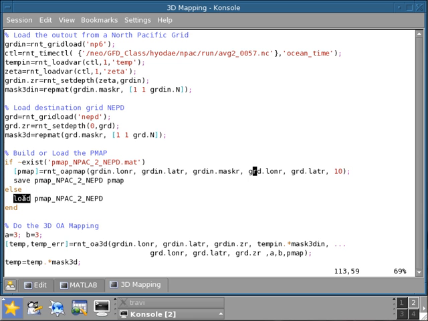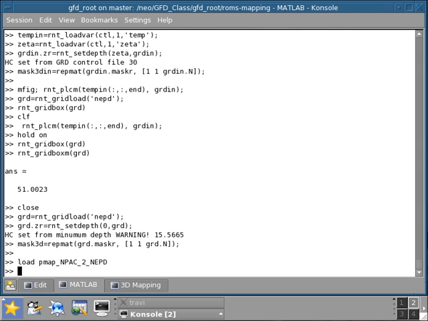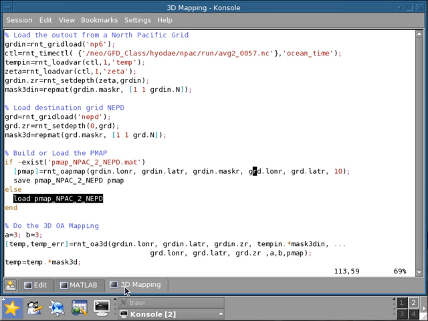So I'm just going to load this PMap thing directly from this stored MATLAB file. So I'm going to go here, and I'm going to load it. Okay, so now I have my PMap array. Okay, so that's very nice. And so then the last step that I need to do is the three-dimensional objective